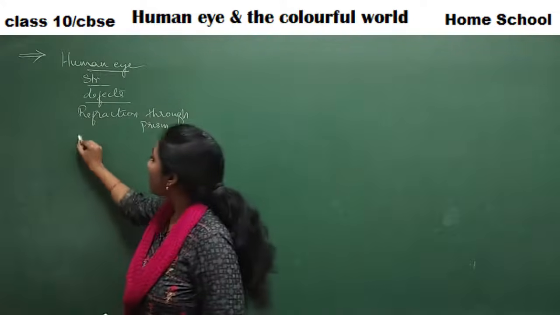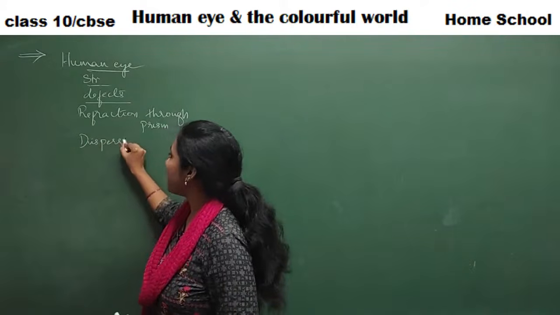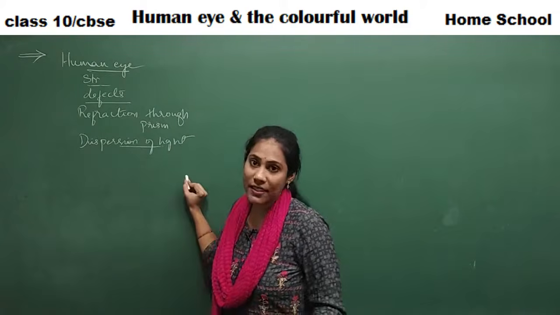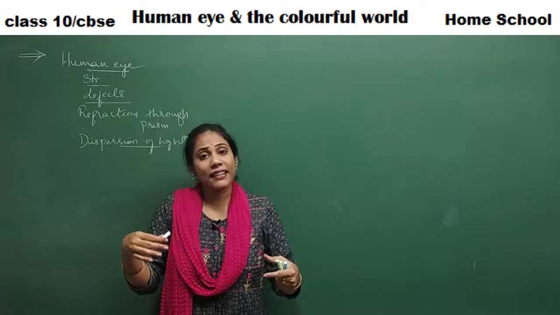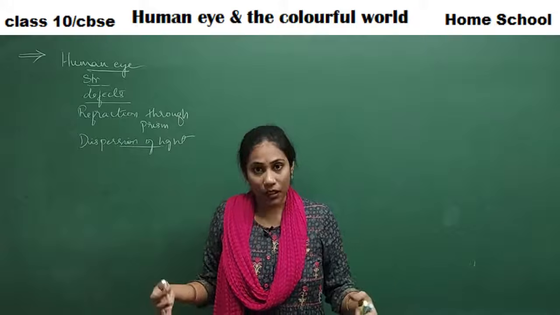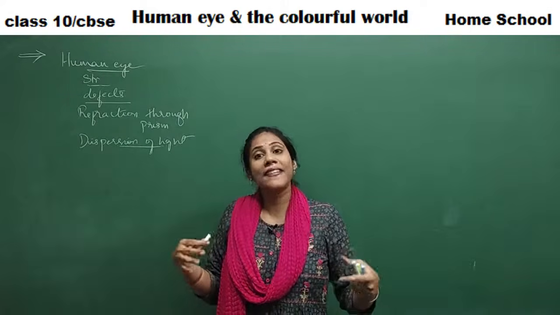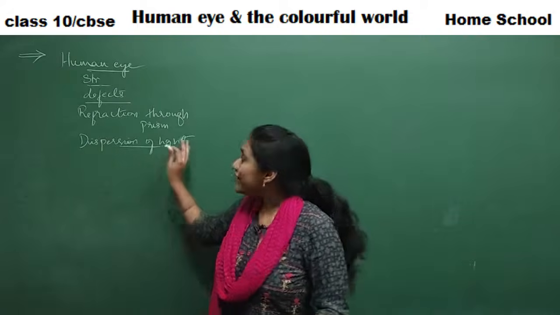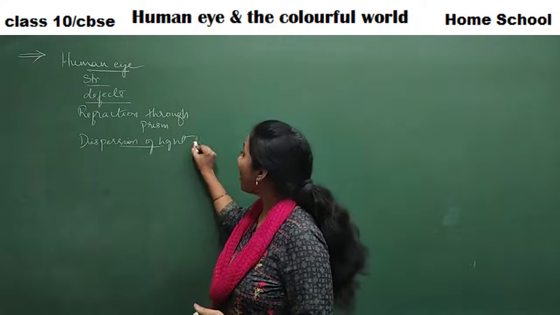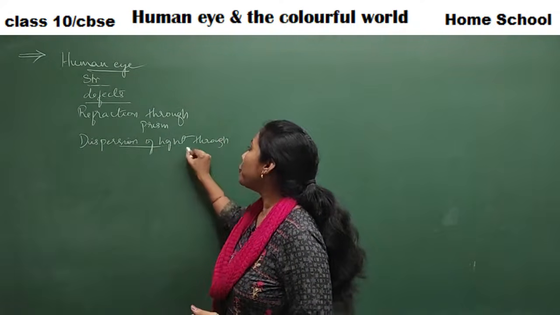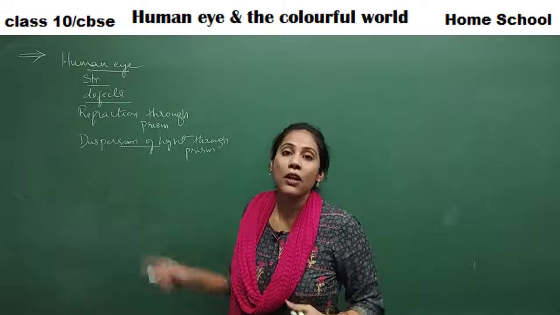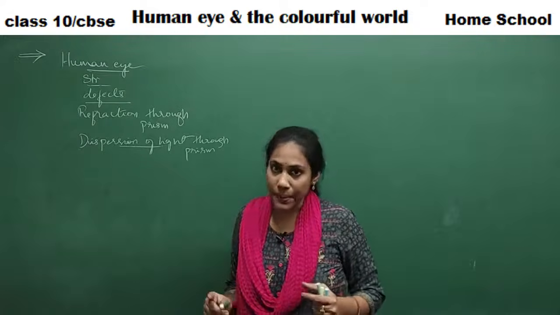Clear? After that we will study dispersion of light. What do you mean by dispersion of light? You must have heard it in your smaller classes, right? Dispersion is nothing but splitting of light. Light is made up of 7 colors, VIBGYOR, rainbow colors. How the light is split into 7 colors, that process is called dispersion of light. So how does dispersion of light occur through a prism? Through the prism, if you see a light, you can observe the 7 colors. The whole process we are going to study with a beautiful experiment.